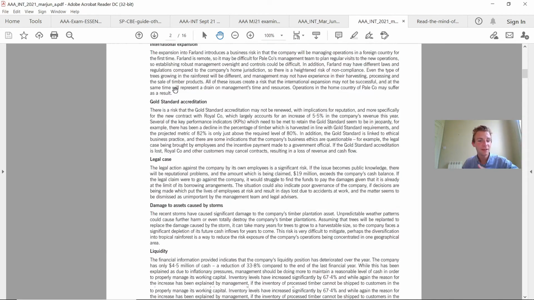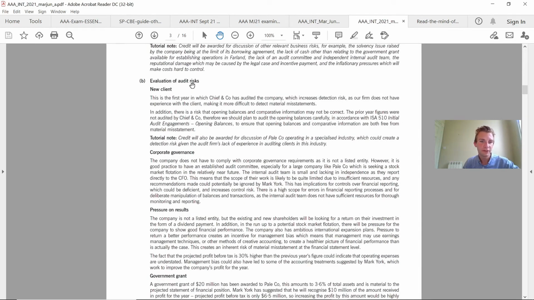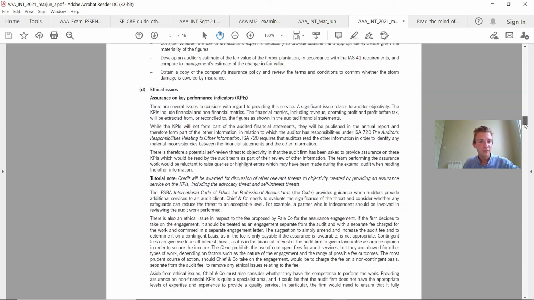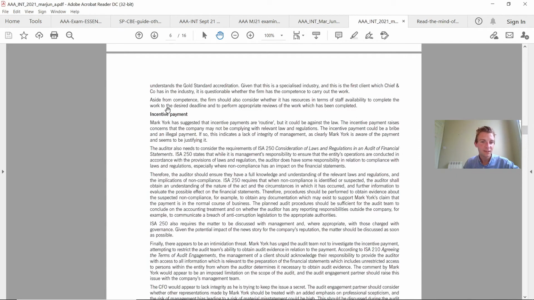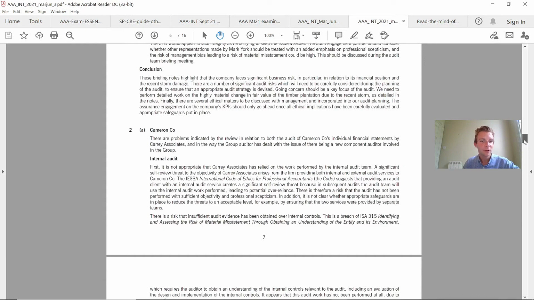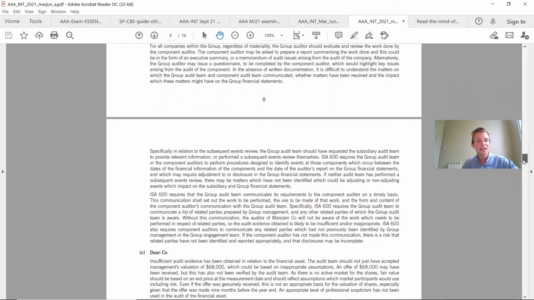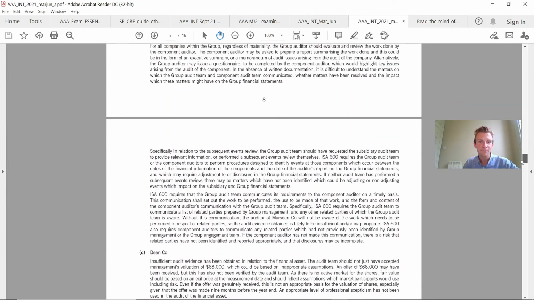In this case, it was business risk. And then if we go down further, we've got the audit risk on there. But these are the key things that you need to be identifying within the actual question. And if you come down here, we've got the ethical issues. So again, referring back to the incentive payment was the key thing on there, but just look at how much wording is on here, as to say, well, you need to get really good at being concise in your answers as you go through, because that is what they're looking for on here.